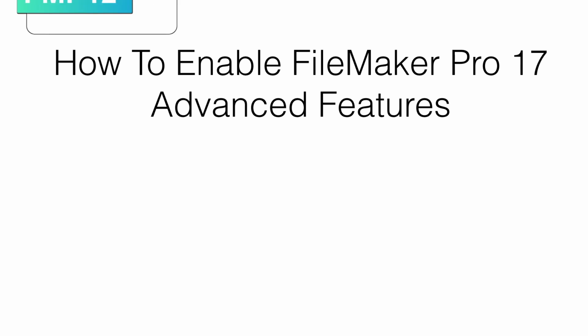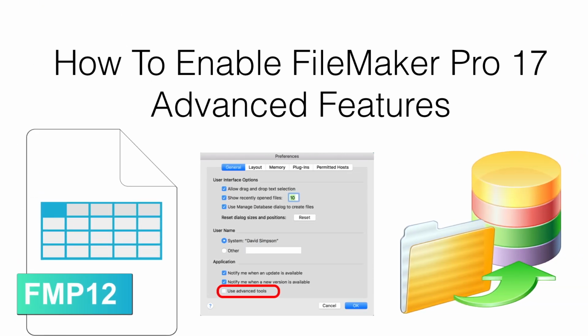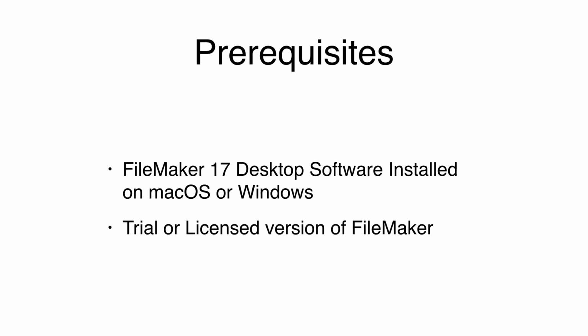This video shows how to enable FileMaker Pro advanced features in FileMaker 17 on Mac OS and Windows. FMPro Migrator uses FileMaker advanced features when performing conversion projects. The only prerequisite for this video is that you need to have the FileMaker 17 desktop software installed on Mac